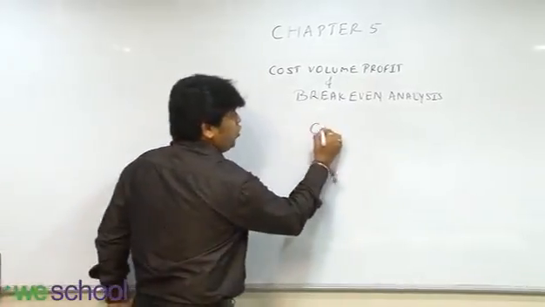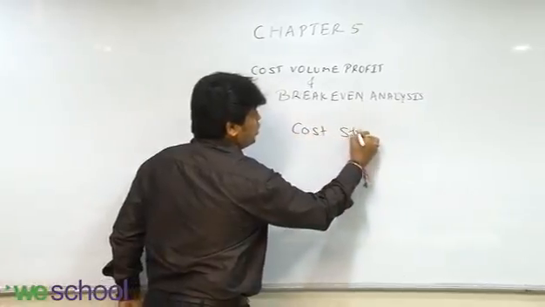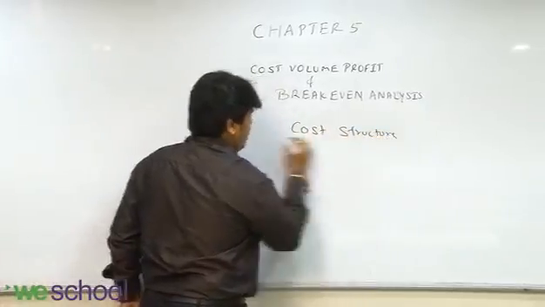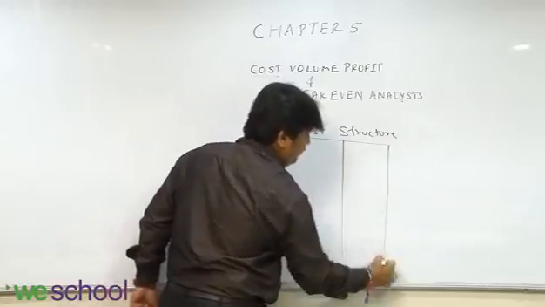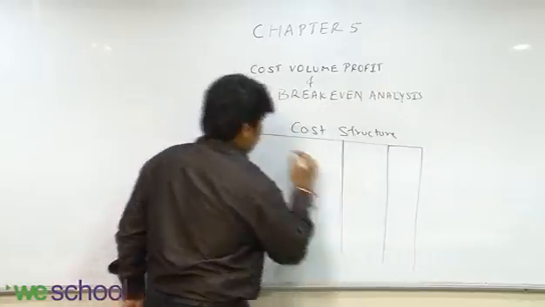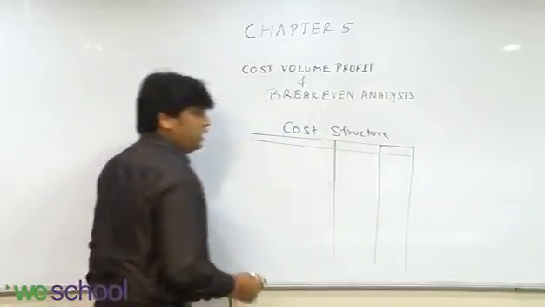The cost structure goes like this. This is the cost structure. I want you to make this cost structure very effectively, and at the same time record this in the pustak